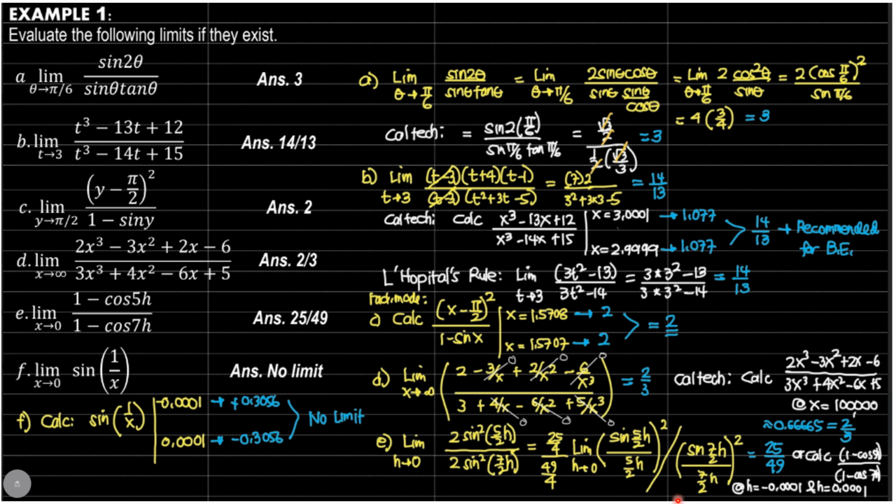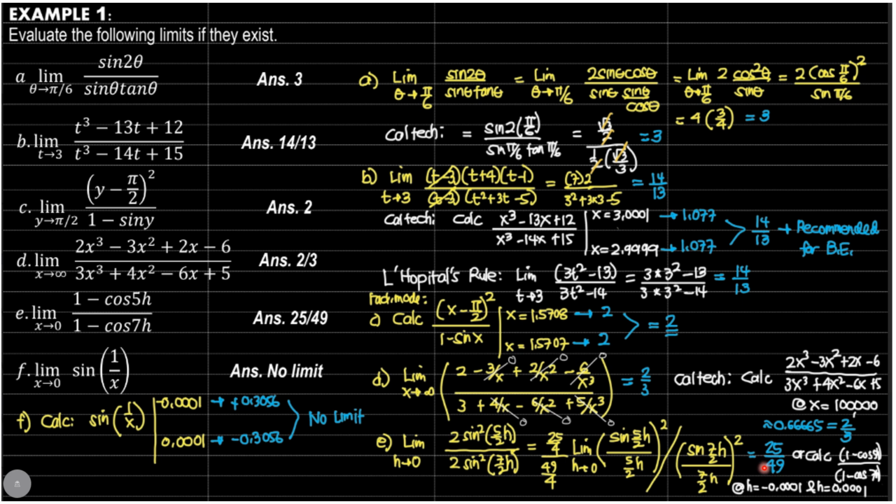So that's in the form sine theta over theta, limit as h approaches 0, and that is 1 by the formula. Then divided by sine of 7 halves h over 7 halves h quantity squared, and again this is approaching 1 by formula. It's in the form sine theta over theta, as theta approaches 0. So that's 1, and 1 squared is still 1. So we cancel 4, and the answer is 25 over 49.